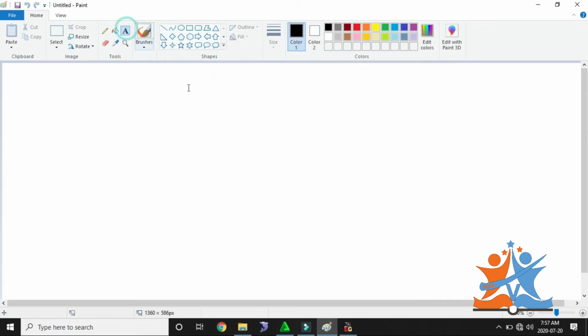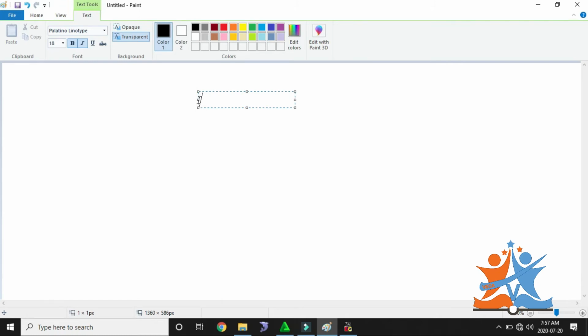So what are the data types we have? What is the topic? Data types. We need to provide the data in different types. So what are those types we have? Char type of data type, int type of data type, float type of data type, and double type of data type.